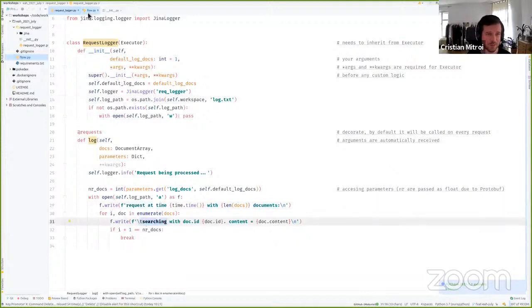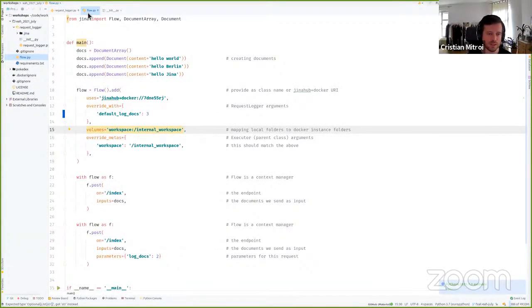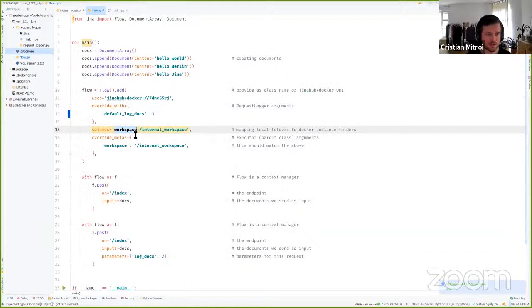So I would like to see that without having to go into the Docker container and see the files there. So I use this volumes argument. It's the same syntax. We map the folder called workspace, which does not exist currently, but it will be created, to a folder called internal workspace in Docker.